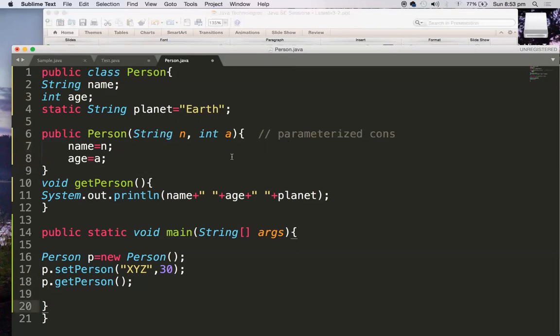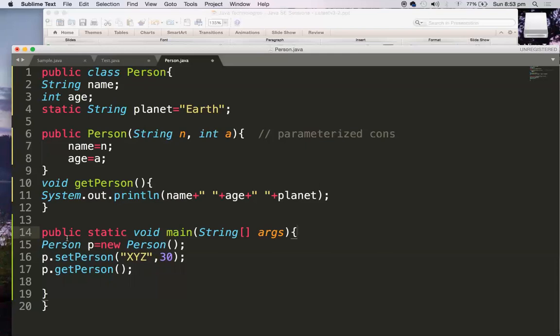Okay, now you have to understand this, it is important as part of constructors. Now if you see here, what I'm doing, I'm creating an object. So Person P equal to new Person, Person P equal to new Person. Okay, so do we have this Person default constructor? Do we have this default constructor written in our program? No. Okay, does the compiler supply it? This is important. Does the compiler supply it? Yes or no? No.